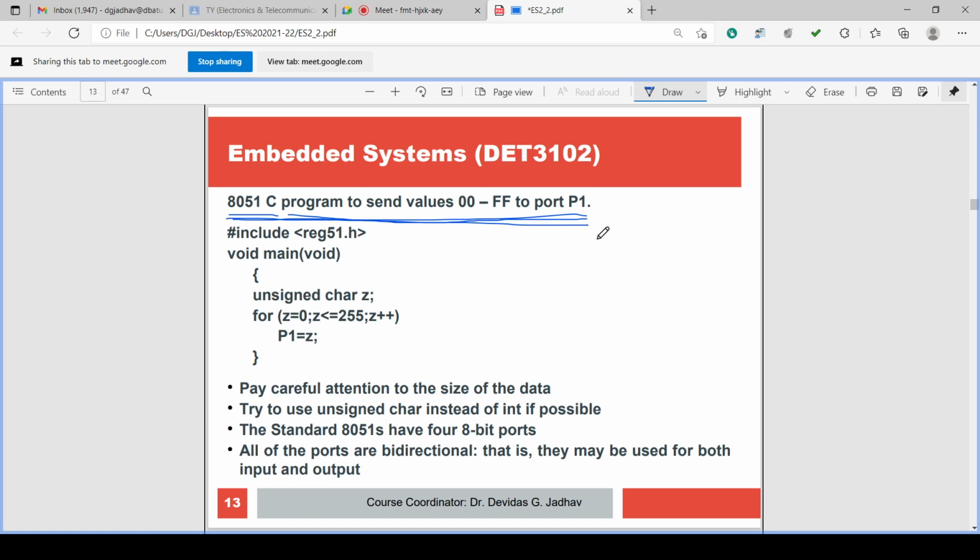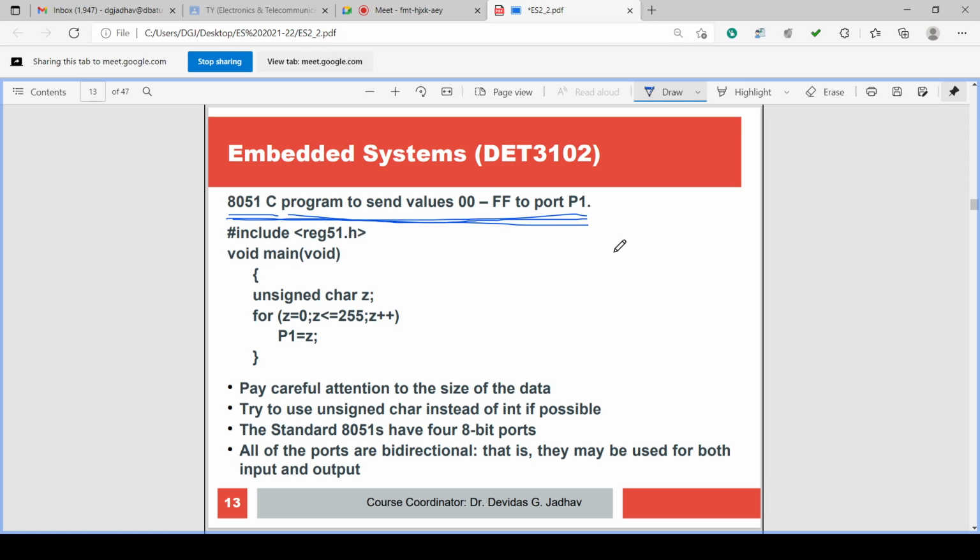Port 0, port 1, port 2, port 3, all these ports are 8-bit ports. So 8 bits require 00 to FF hex values, any value in this range.